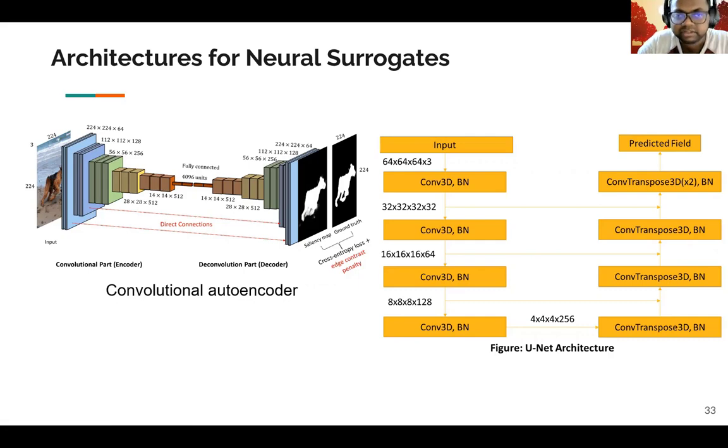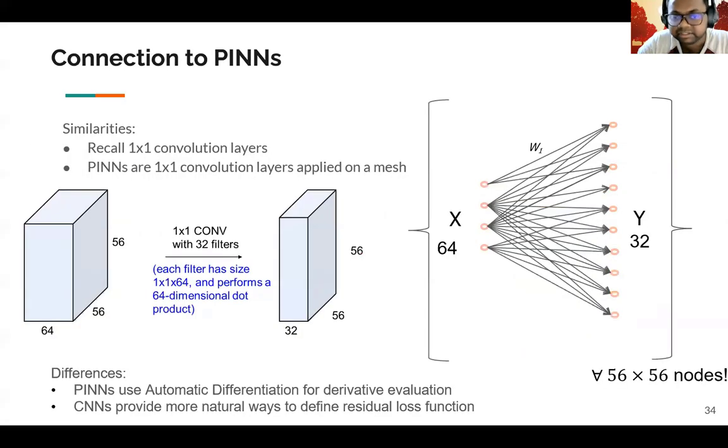After this, we will look at the connection with PINNs. So we have explained what convolutional neural networks are and everything. But how are convolutional neural networks and all the CNN-based PDE solvers related to physics-informed neural networks?